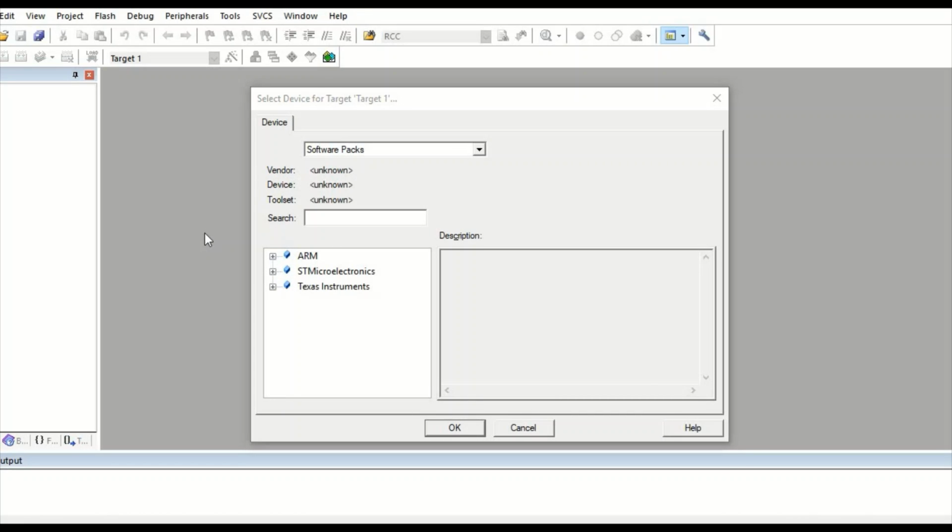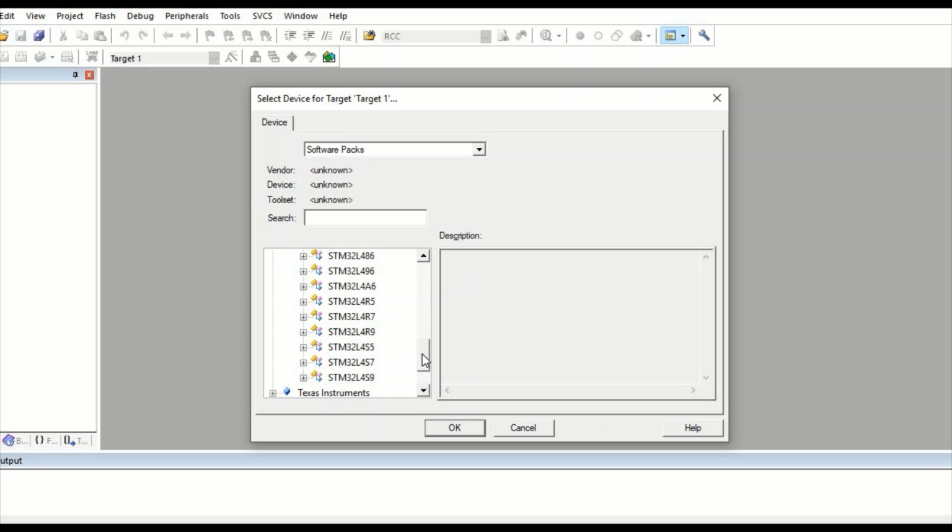Now a new window is opened. You need to go to ST Microelectronics and then select the appropriate microcontroller for your program. So I have this microcontroller series, that is STM32L476. So I will go to that option and select that microcontroller.